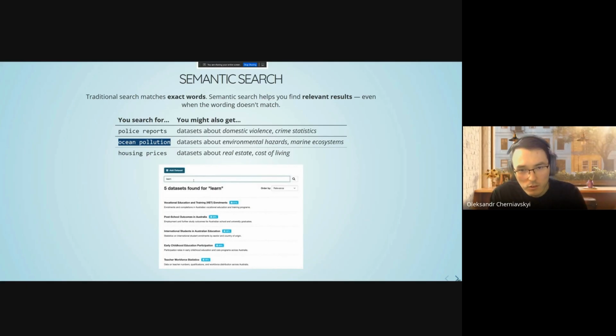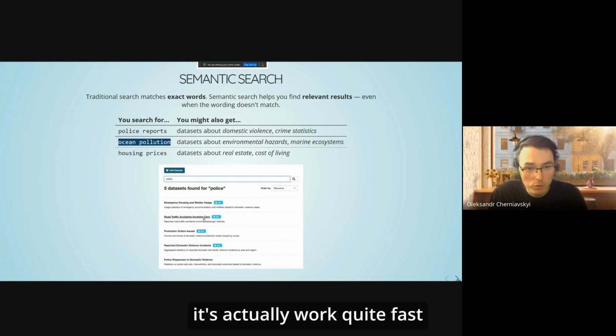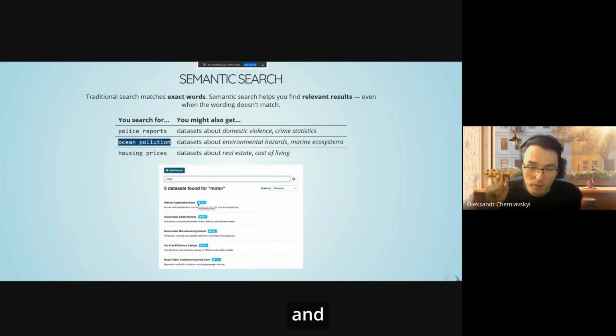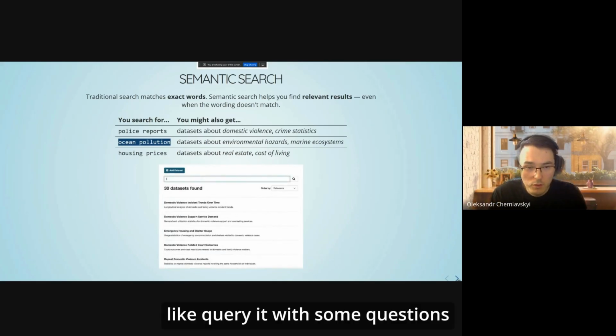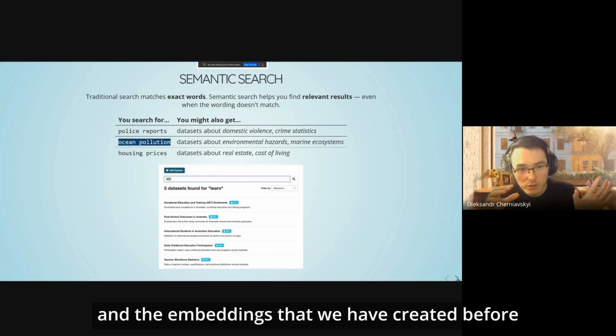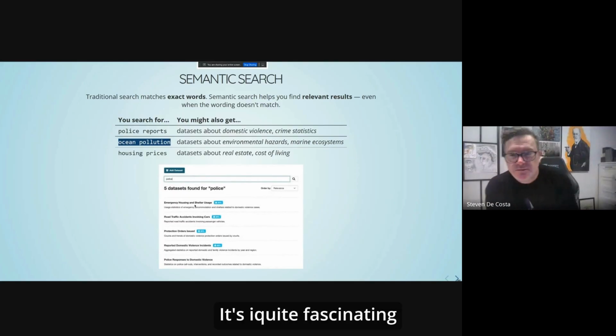You see this GIF is actually from the UI, and it's not sped up. It actually works quite fast. So there is no extra toll like we have when we use the language model and query it with questions. When we use a semantic search, we use just the database and the embeddings that we have created before. It's quite fascinating.